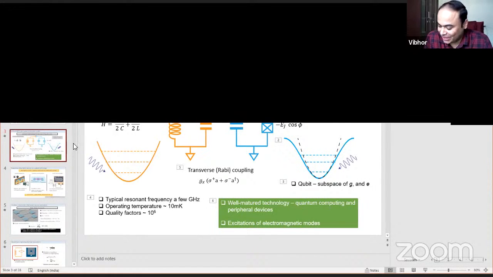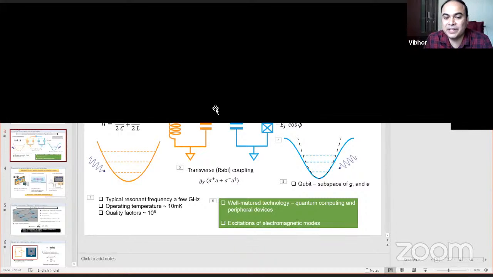Okay. So now to address individually, this tunable coupling, the transverse Rabi coupling that you mentioned, right? Is it tunable? The answer is yes, but this capacitor type approach is not the way to go. If you want a tunable coupling between a bosonic mode and a qubit, then one has to go through some kind of tunable junction-based approach.